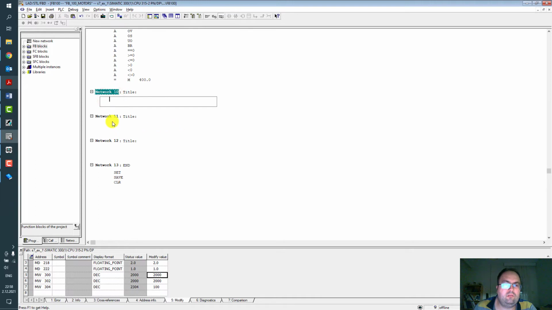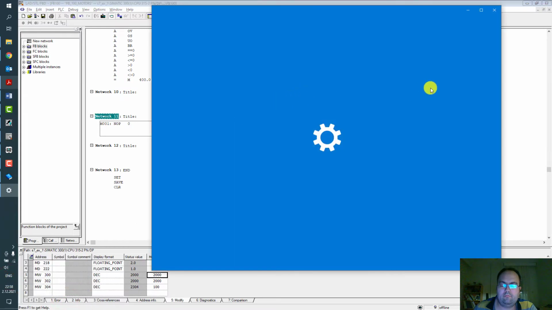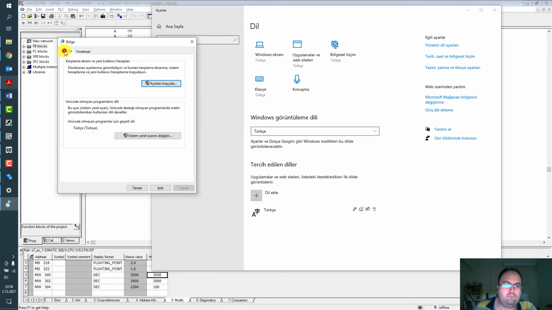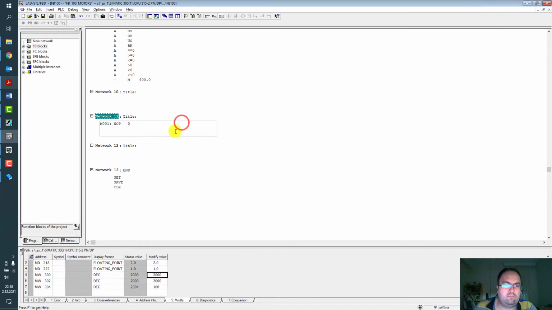So inside the network or different networks, you can define labels. It can be the same, labels must be different.